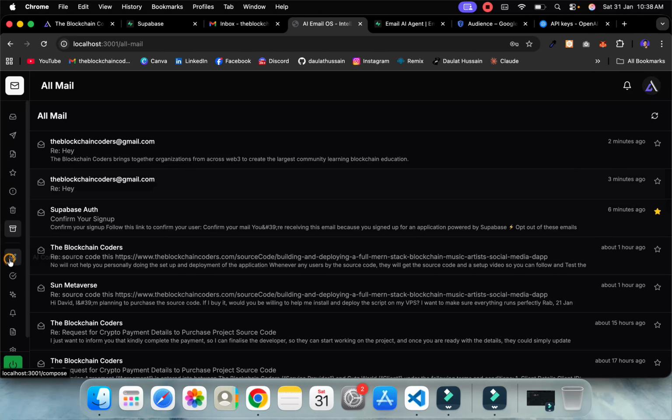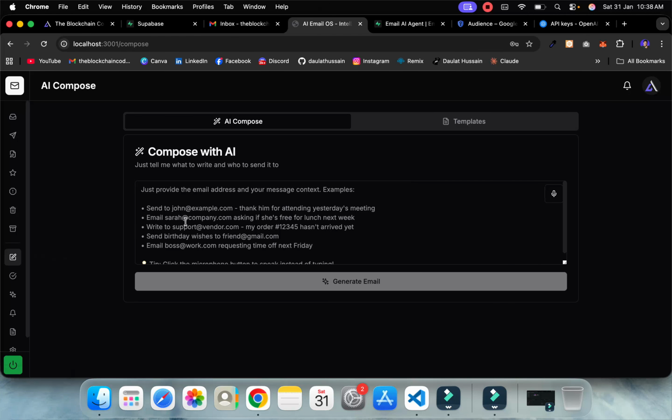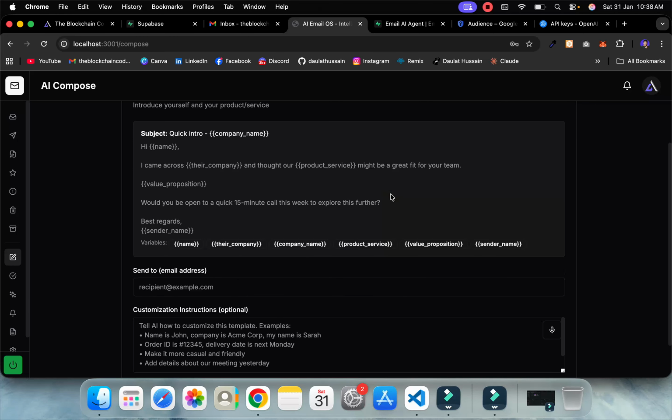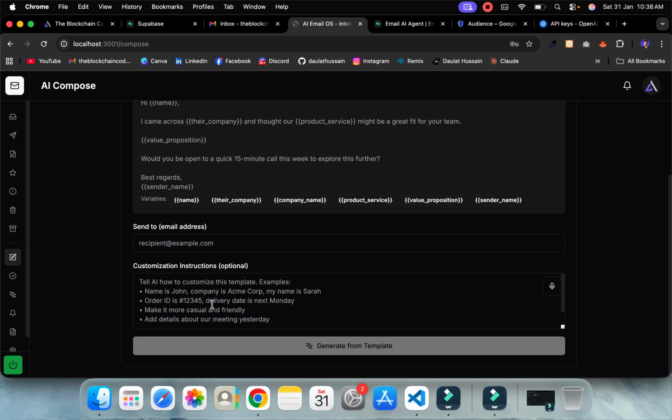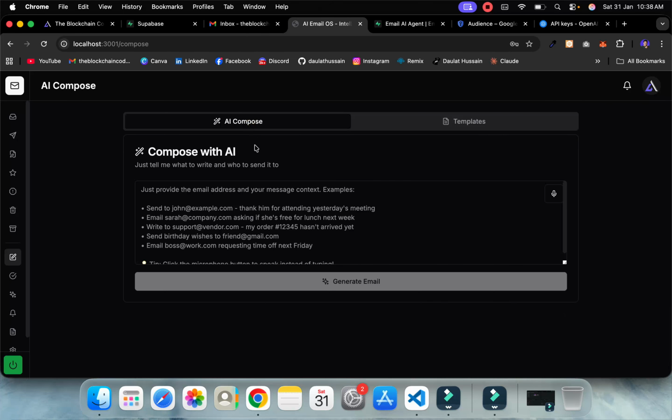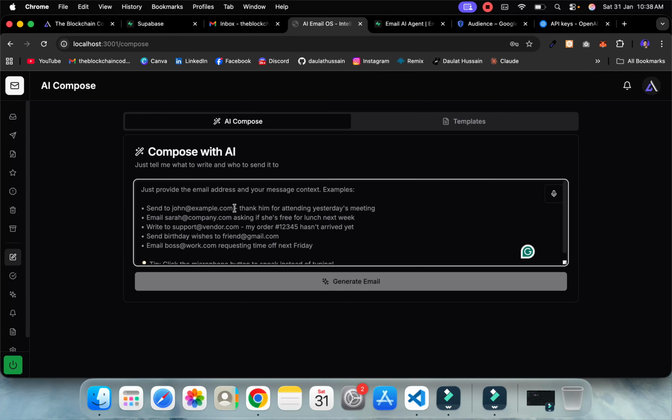If I go back to the AI composer, from here I can ask the AI to send an email, or I can pick any particular template and send that and utilize it. So if I want, I can select this one, click here, fill out all these details, the email ID and the details, and click on send and it will be sent. If I come back here, I can tell the AI to send an email, it can do that. So I can say